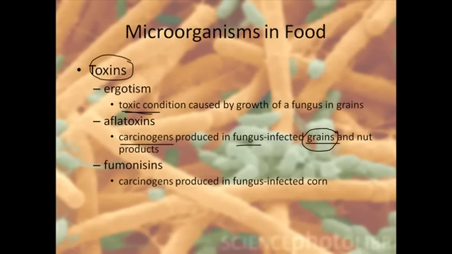And it also can produce the fumonisins. What do these fumonisins do? They are also carcinogens which are produced by fungus-infected corn. So we have talked about fungus infections in all these cases, and normally toxins are produced by fungi in food infections. That's why when you think about fungus-infected food, it's not bacteria, it's fungus. We can see them, so it's no problem, just cut it out and eat the rest of the food? Don't try to do that, because most fungi normally produce toxins.